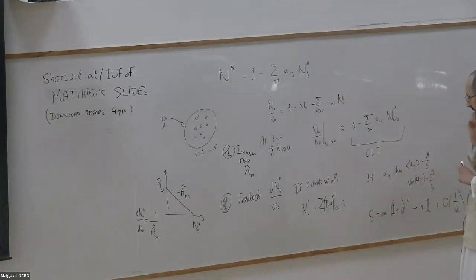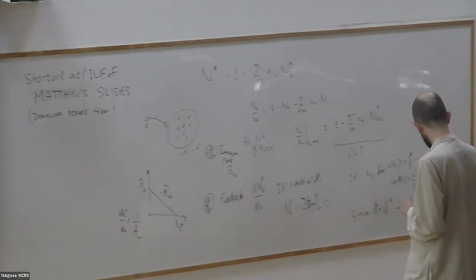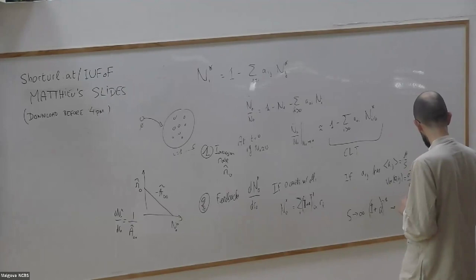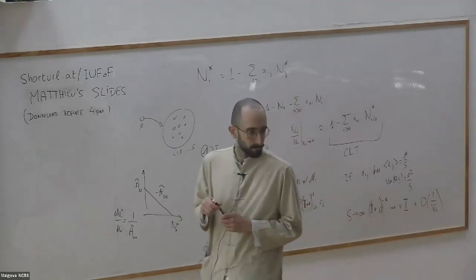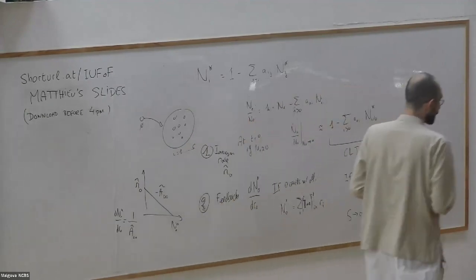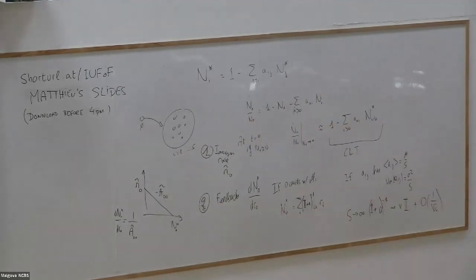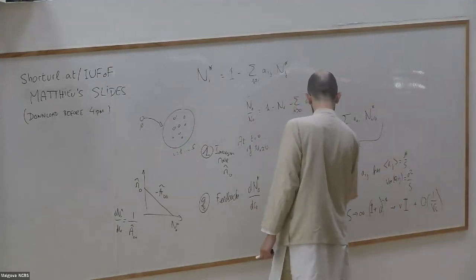Wait, I wonder if I made it. So this is why I should never use the whiteboard. Did I make a mistake? I think what I'm writing is correct. Oh yes. So the point is, I'll do the block inverse. To do it properly, I need to do the block inverse. Okay, so what I need to do is, in fact, I apologize about that. What I want to say is,